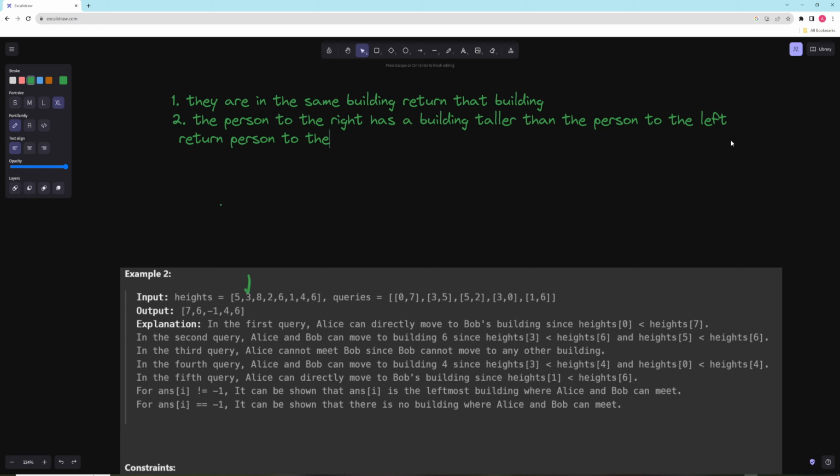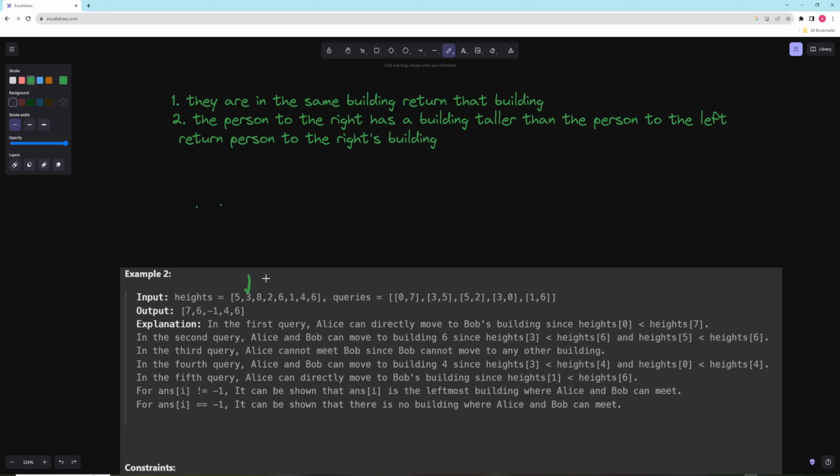the person to the right's building. Notice, by the way, that in both of these cases we can just return the person to the right's building. If they're in the same building, we can return the person to the right's building. And if the person to the right has a taller building, we can return the person to the right's building again. Now the tricky one is, what if the left building is equal to the right building in height,